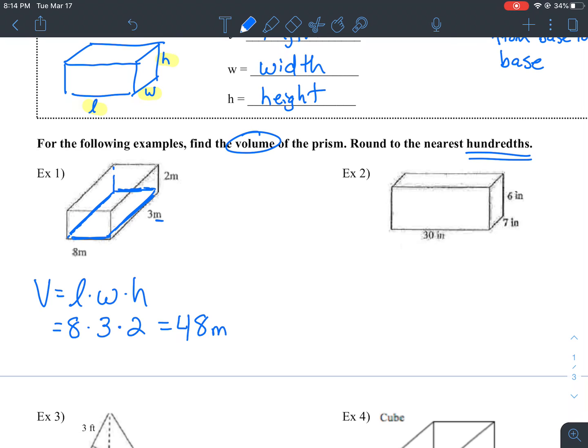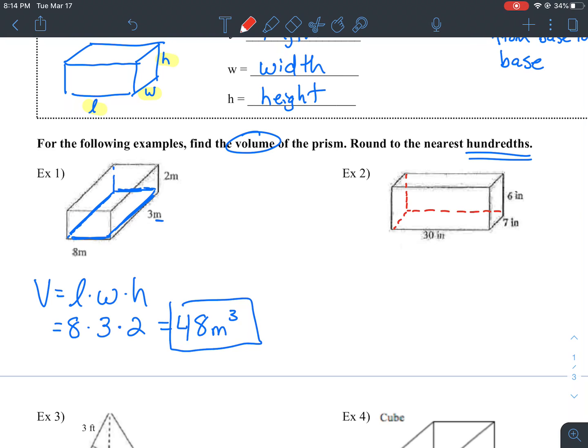Our unit is meters, and since this is volume, we are going to cube that unit. 48 meters squared, I'm sorry, meters cubed. Okay. When we take a look at our second one, again, we see that this is going to be another